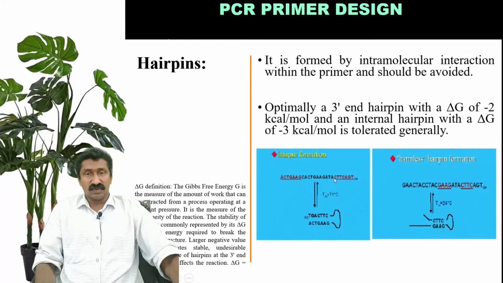So this is a primer, and there is a complementarity in this region. If both ends are complementary, they will pair together and form a loop-like structure. So this is a hairpin loop formation in a primer. Such complementary regions at both ends should be avoided to prevent hairpin loop formation. If such a structure is formed, this primer will not be able to bind to the template DNA and start the